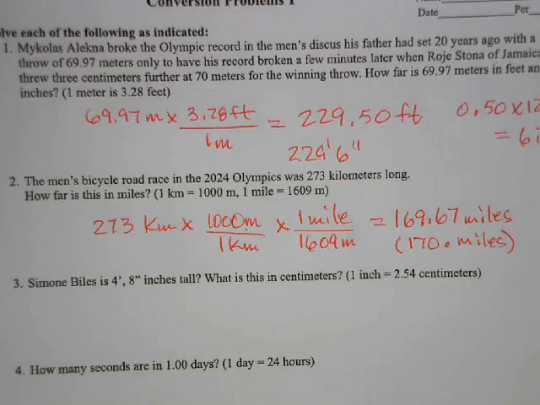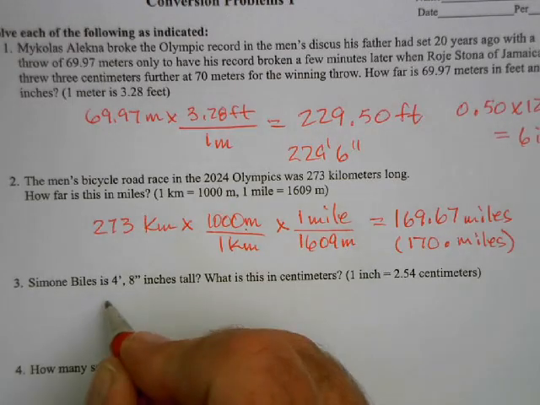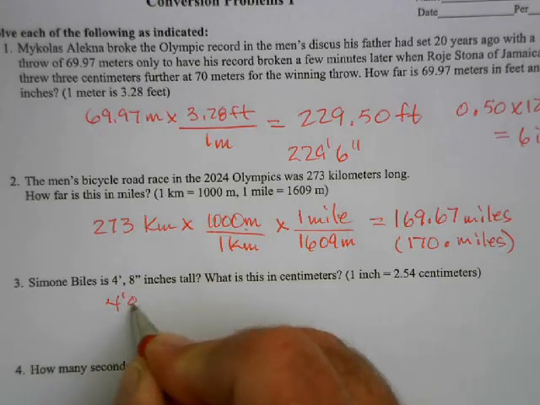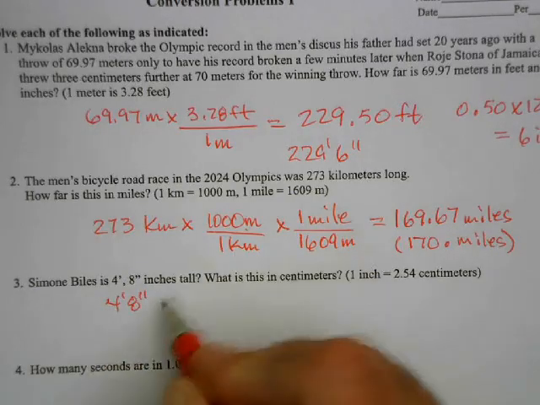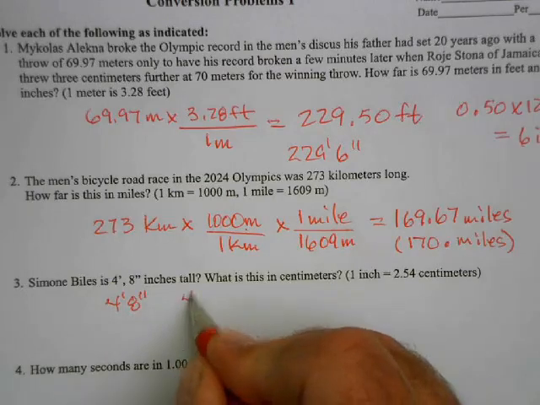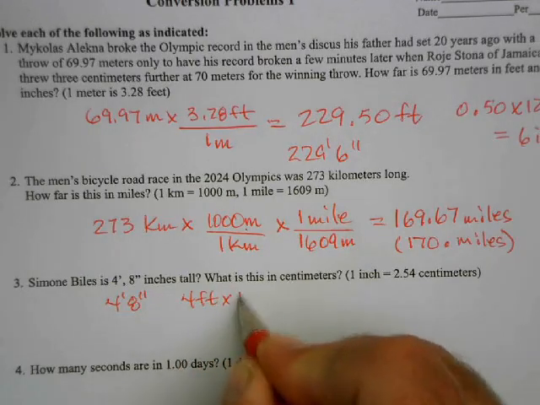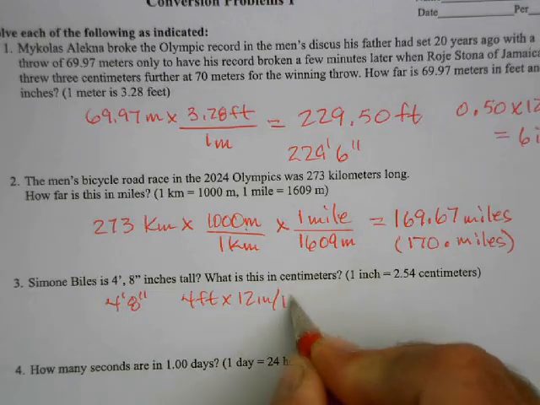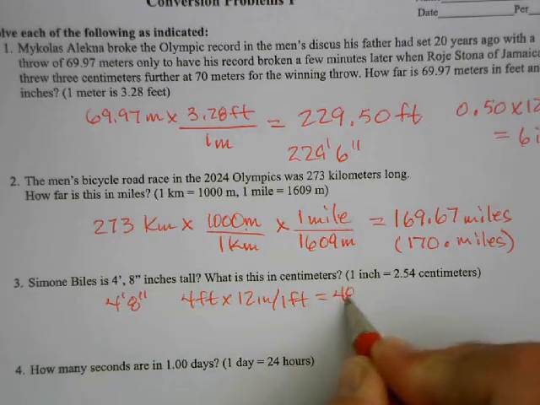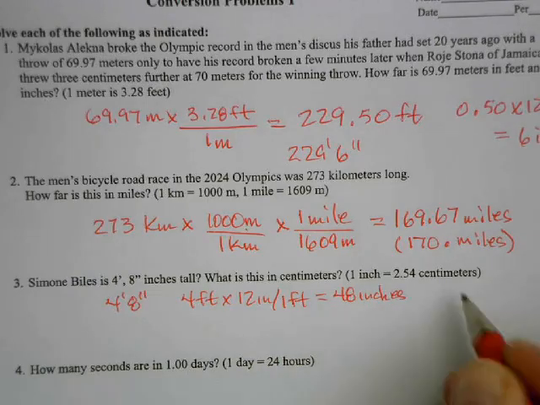I'm sure most people have heard of Simone Biles. You might not realize she's only 4 feet 8, even though she looks huge on the screen, but only 4 feet 8. The question is, how many centimeters is this? So first off, we have to recognize that 4 feet 8 inches. Okay, well, I need to get all of that into inches. So first of all, 4 feet times 12 inches per foot gives me 48 inches,